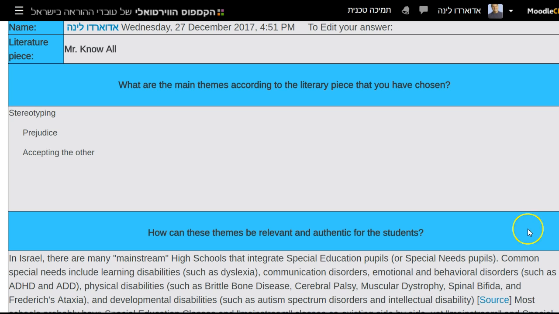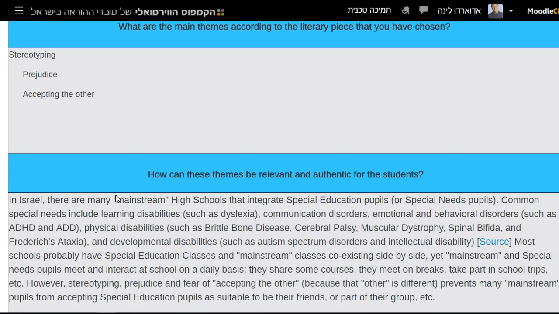Problem-based learning, PBL. English literature. From a literary piece to a real problem. These are the main themes that I have chosen when working on PBL as a learner: stereotyping, prejudice, and accepting